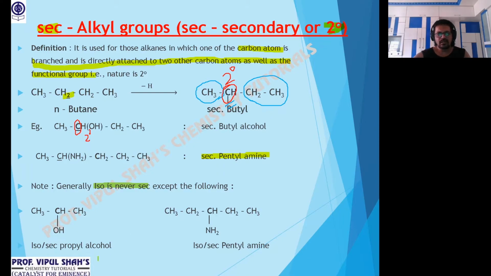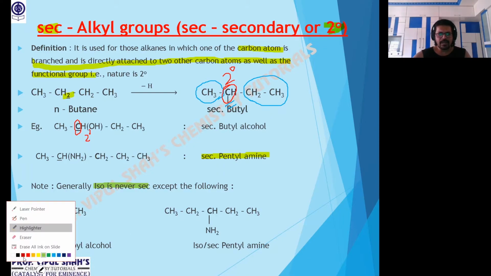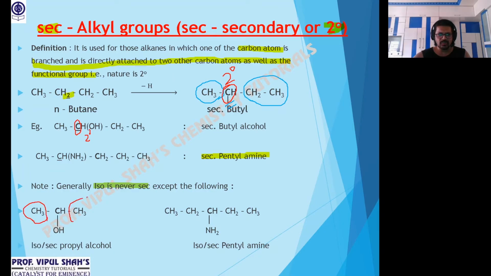Okay, look at that. Now, can I say the branch carbon atom here is attached to two similar methyl groups? Yes. Two similar is iso. That's the concept. What about the functional group? It doesn't talk only about the functional group. In iso, it's only one thing: any carbon branch should be attached to two similar alkyl groups. See here again. This carbon atom in the center, one side it's ethyl, here also it's ethyl. Are both same? Yes. So anywhere any branch carbon is attached to two similar alkyl, that's iso.